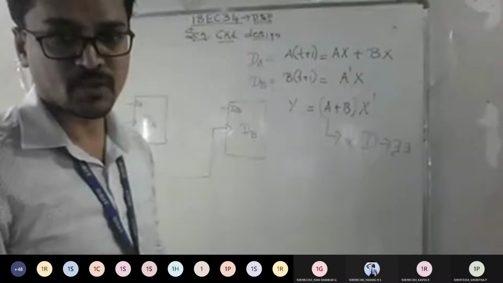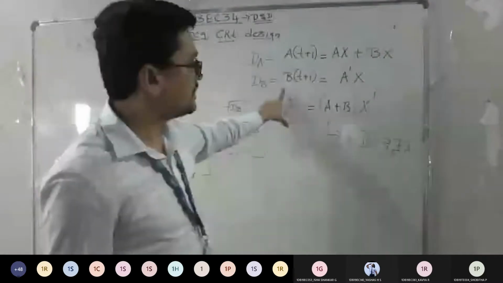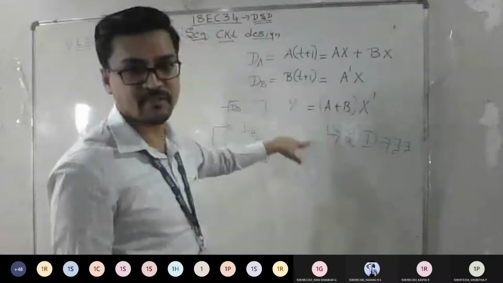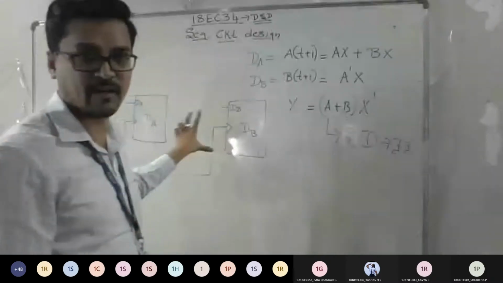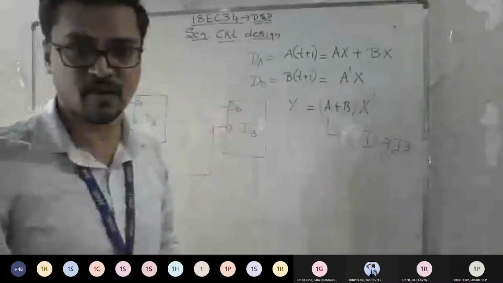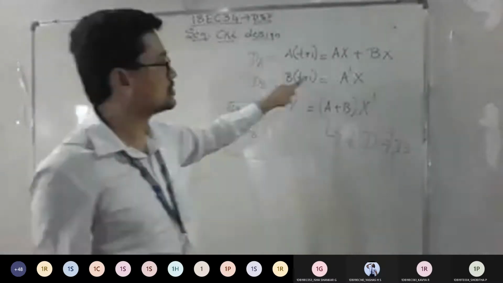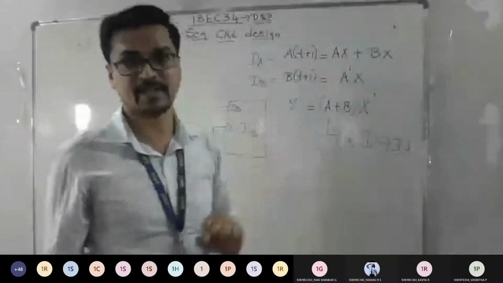Yeah. So what is the thing I have made? This is the given question. So from this we got to know what DA and DB are. So D flip-flop is what they have given. I just made an alignment of flip-flop 1 and flip-flop 2. So now tell me, to connect DA, what all things do you want? So I want AX plus BX.